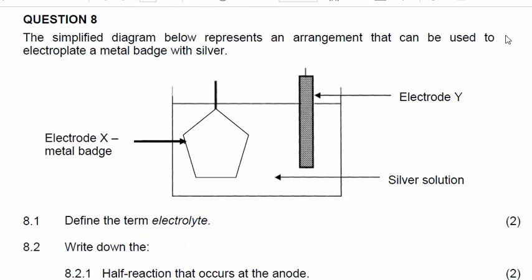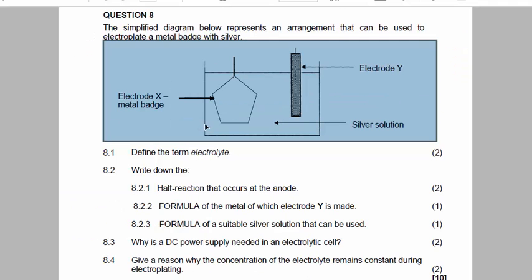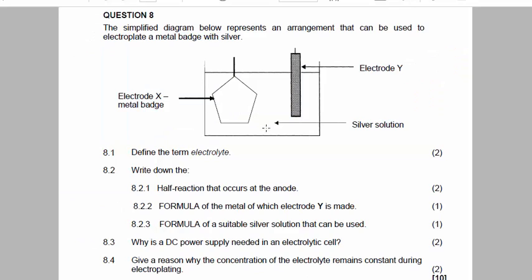Why does the concentration, if I start with a certain concentration, stay constant? Why isn't it becoming more dilute, because I'm now plating this thing with silver? Why isn't it causing